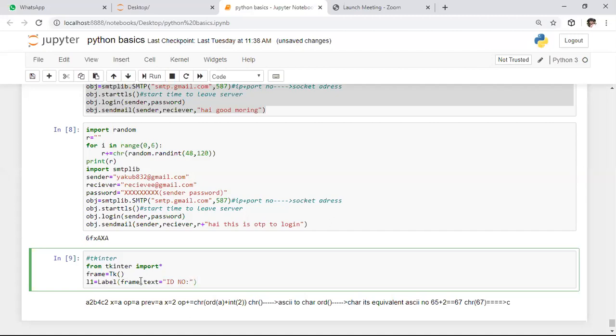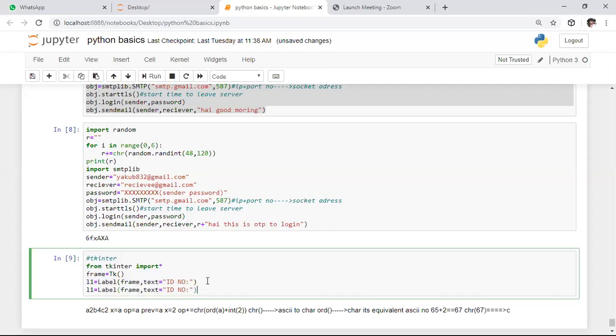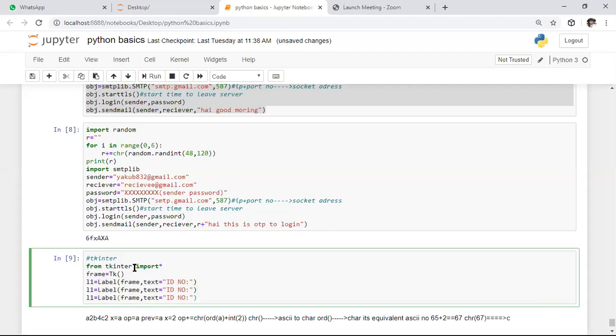After this, I want to create three labels like this. For that purpose, I'm copy pasting the same thing directly. So here I created three labels. I'm creating all these labels in the created frame itself. So for that purpose, where you are creating these labels, you need to specify that. Here I'm creating all these things in this created frame only.